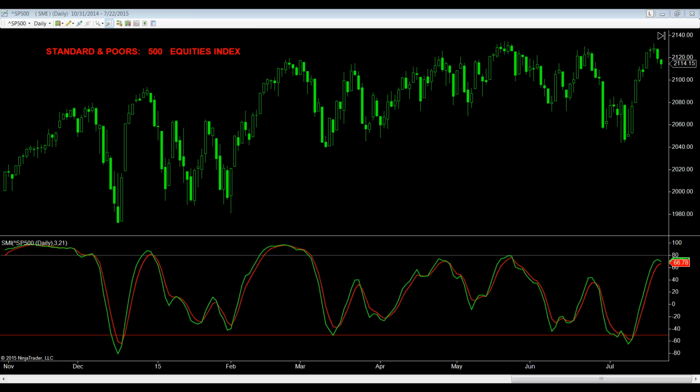The benchmark meaning that outside of the Dow Industrial Average, most people truly believe that the S&P 500 equities, also known as the cash side, is really the benchmark to refer to the current state of the US economy, a barometer which takes the temperature of the current state of health of the US economy. So when we look at the equities, for example, today's down close at 2114.15,